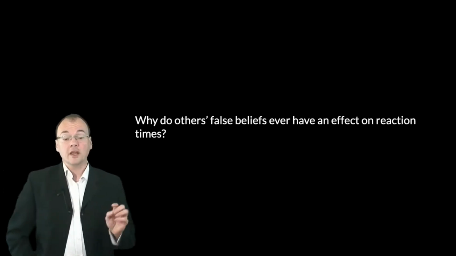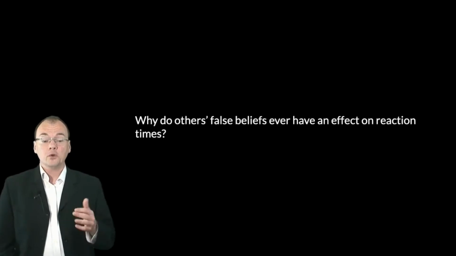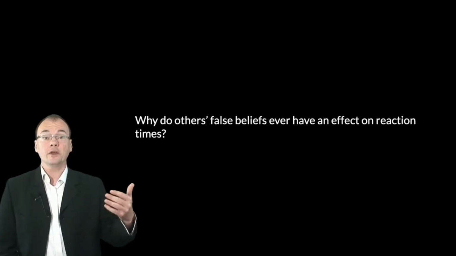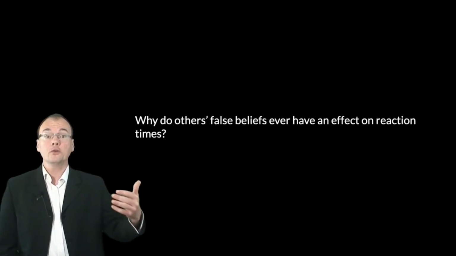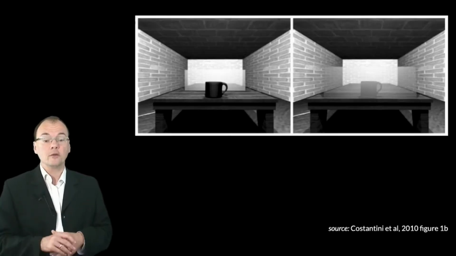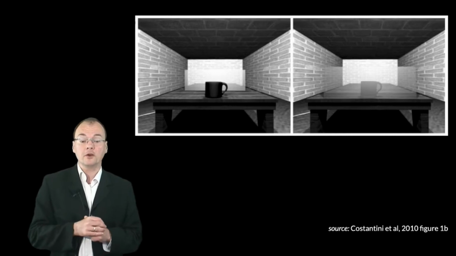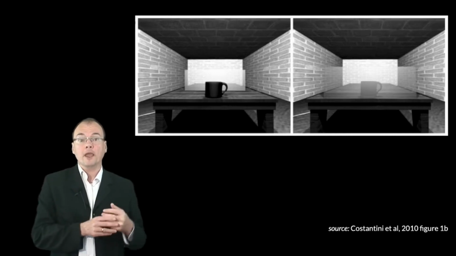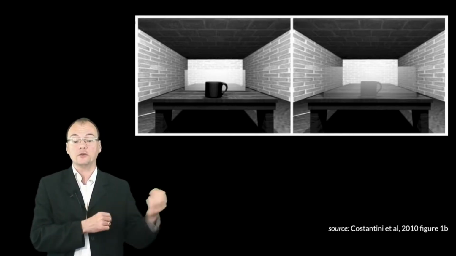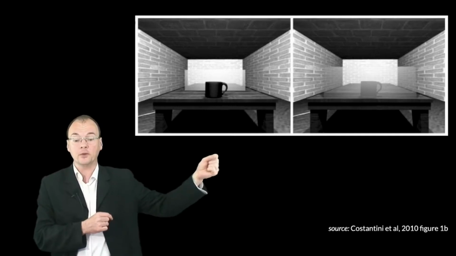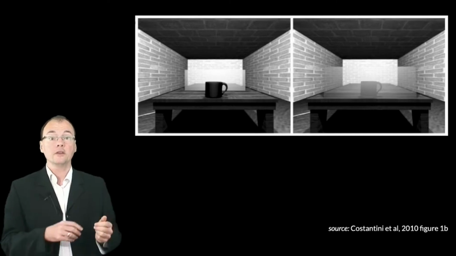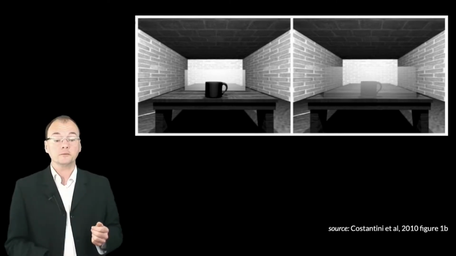Last thing. We then went on and asked the question, well, look, why is it that another person's false belief should have an effect on reaction times? Why is it that Jason's belief should sort of cause you to anticipate another's action? And we were inspired by some research from Constantini and colleagues, where they found that where an object that you're presented with has an irrelevant action potential, so for example this cup, you could grasp it using the handle with the right hand, responses using the right hand tend to be faster than responses using the left hand,